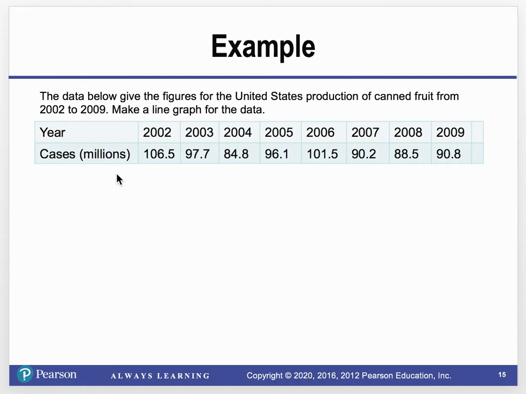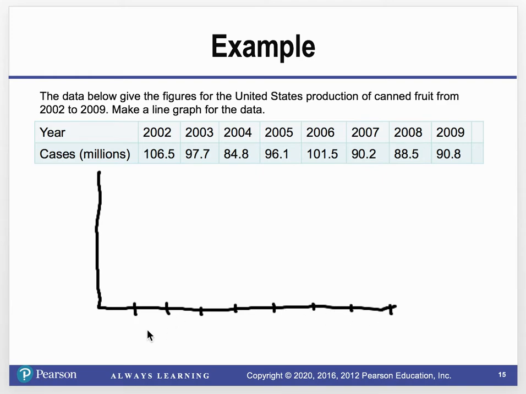Okay, so I'm creating a line graph. So I need a pen that writes first. So I need two axes. If it's a line graph, remember your time is going to go on the horizontal axis, because they're usually used to represent what happens over time. So my years are from 2002 to 2009: 2, 3, 4, 5, 6, 7, 8, 9. So I'm just going to say this is 02, 03,